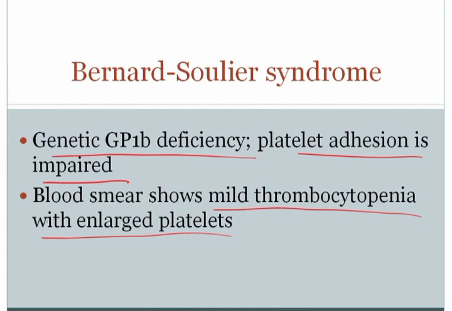So that's why they get mild thrombocytopenia, and they get enlarged platelets because they're producing platelets a little bit more immature than they would normally produce from the bone marrow, and so you can think about that being the reason why the platelets might be enlarged. But perhaps a funny way to remember this, and one way in which a student sort of reminded me once, is that in Bernard-Soulier disease, you get big suckers, meaning he was referring in that particular case to the enlarged platelets. Whatever helps you to remember this, that's the key thing,